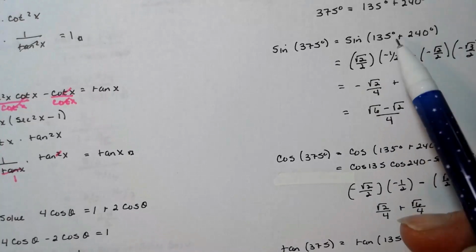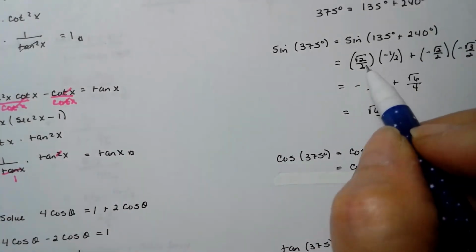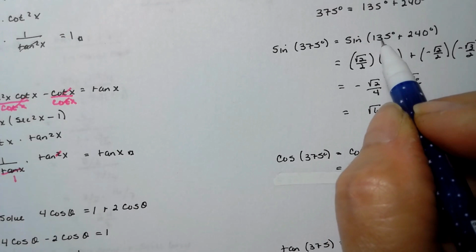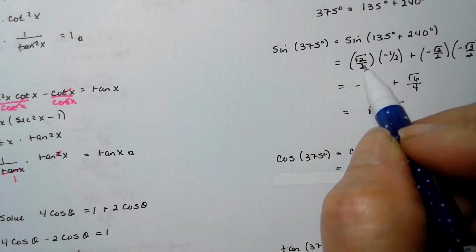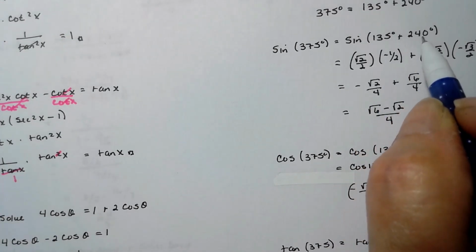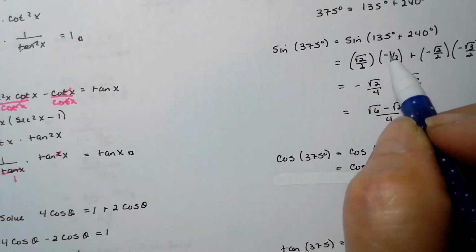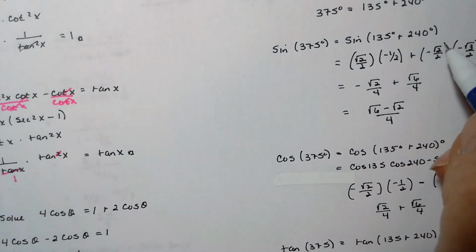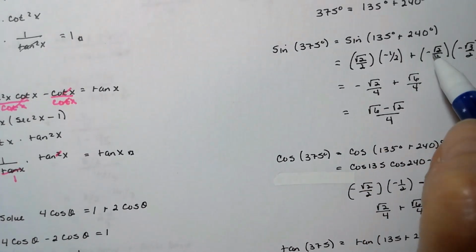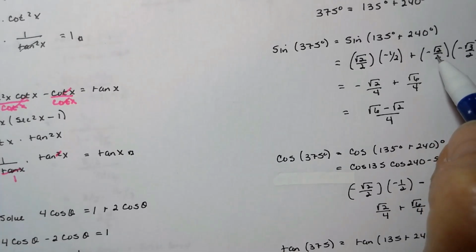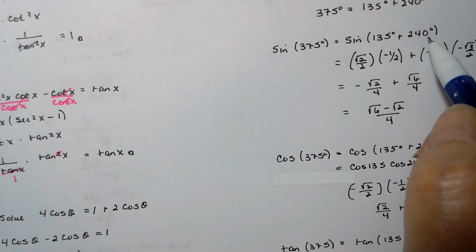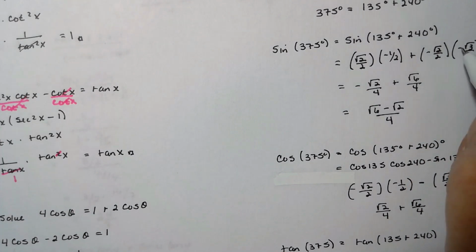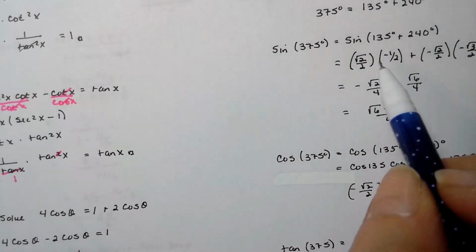So what you're going to have to do is take those values and plug them in. The sine of 135 is root 2 over 2, and it's positive. This is quadrant 2, and the sine is positive in quadrant 2. The cosine of 240, which is a quadrant 3 angle, is negative 1/2, plus, now the cosine of 135, that's a quadrant 2 angle, so the cosine is negative, and it's root 2 over 2. Times the sine of 240, well that again is quadrant 3, and the sine of a quadrant 3 angle is negative, and it's root 3 over 2. So if I multiply these together,